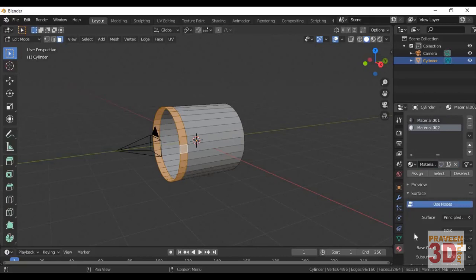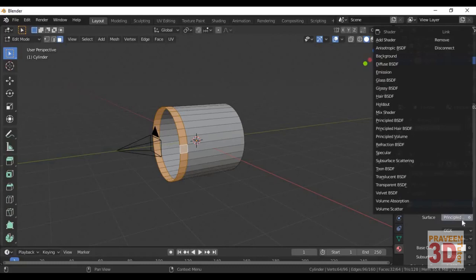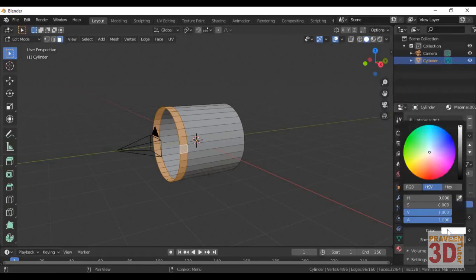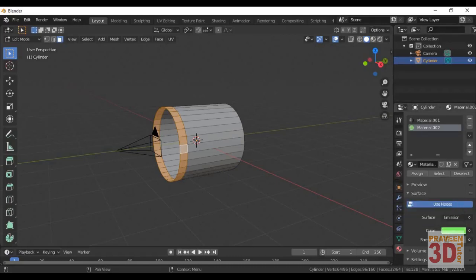Before applying the color, change the surface, by default it is set to Principled BSDF, change it to emission, change the color to light green, change the strength to 10, press enter, and click on assign, so that when you select it, it will select that area. Okay, so I'll deselect it.